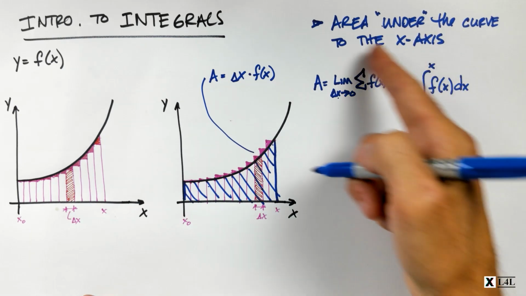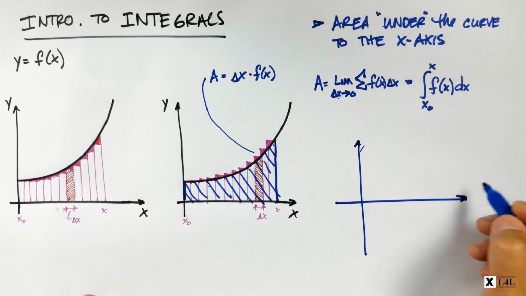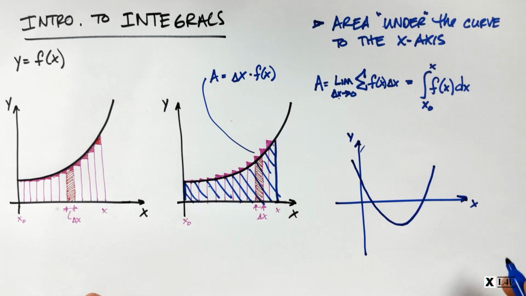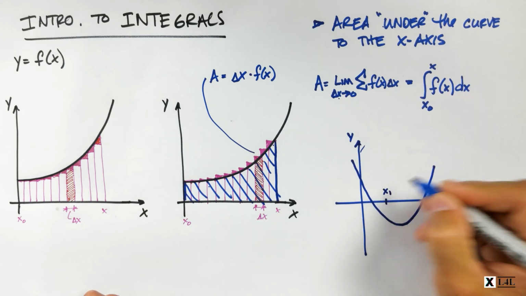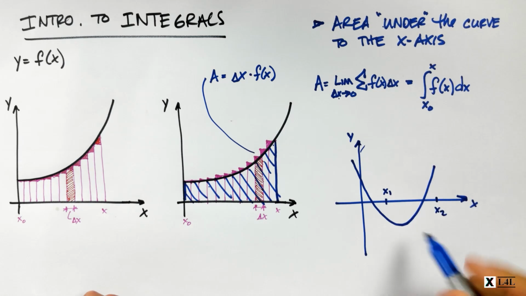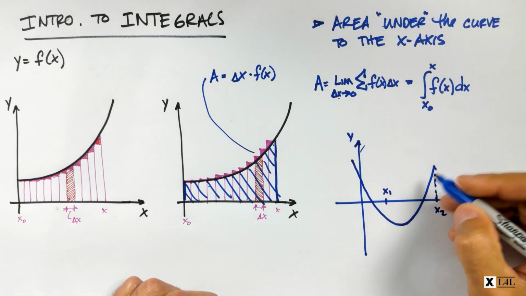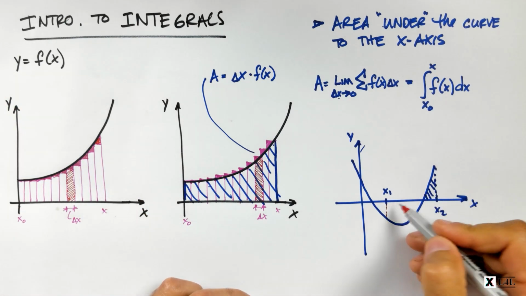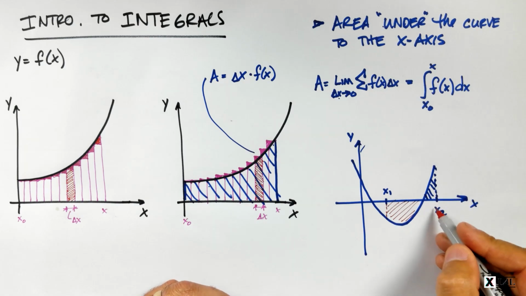By the way, before we shift gears, I want to point out that if I had a function that looks something like this, and I were going to go from, let's say, here is x1 and here is x2, so these are my upper and lower bounds, the area in blue would be positive area, and the area in red here would be negative area. So you can have positive and negative area depending on where the bounds are,